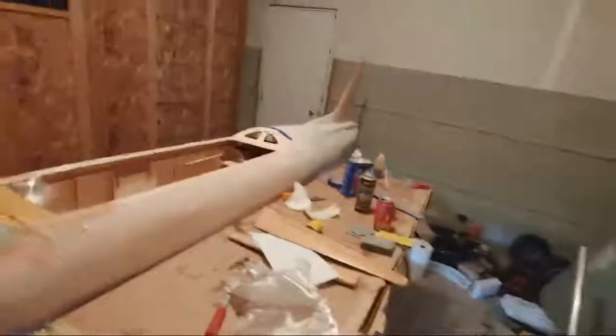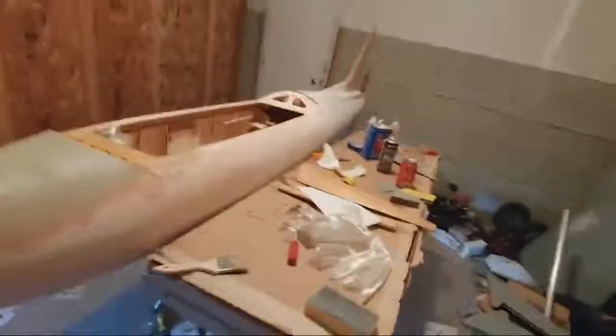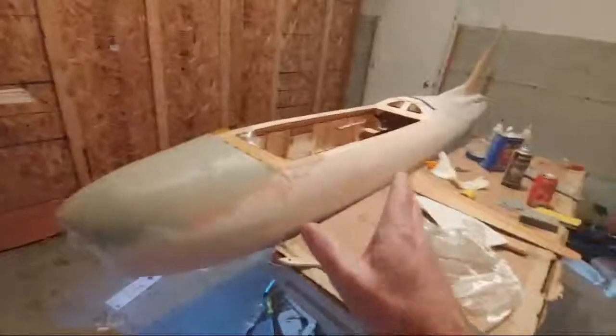It's less than 10 bucks a can. I used one can on these parts and part of that cowling over there. It goes a ways, but it does actually work well. And it will fill all these minor imperfections, if you put enough on. This front piece here will probably take a couple cans, but if you let it dry for a few days